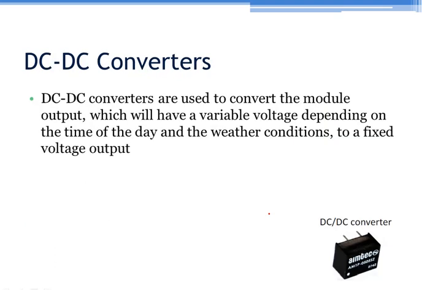Now DC to DC converter. If you are using some storage element like a battery, you know that batteries need to be charged with proper voltage and current rating. So for this we need DC to DC converters or charge controllers. So the charge controller is another part, but one more part is when we get the output of the solar cell,